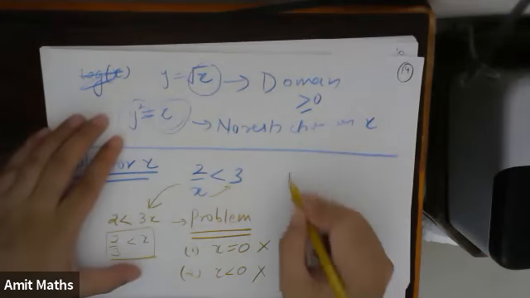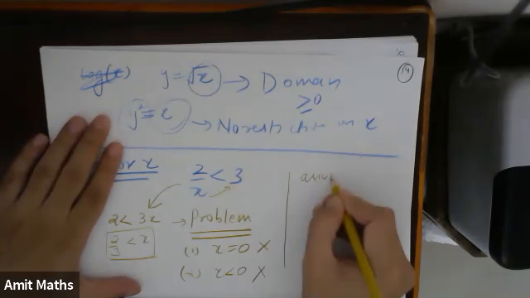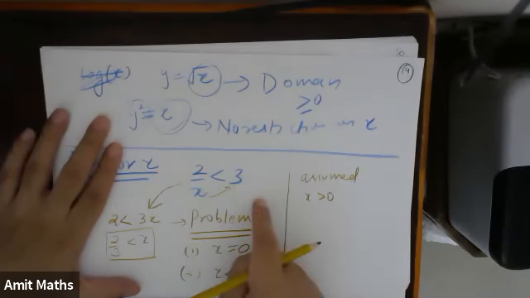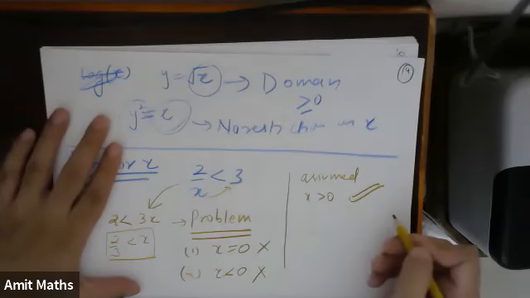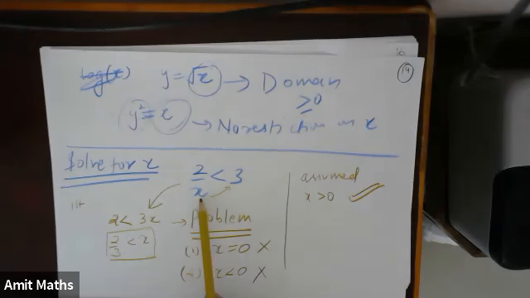Third, what is done right is, suppose we have assumed that x is greater than 0. If x is greater than 0, then it is correct. We do not have to consider that x is 0 or x is less than 0. If we have assumed that x is greater than 0, then we can cross multiply. But have we taken that assumption?